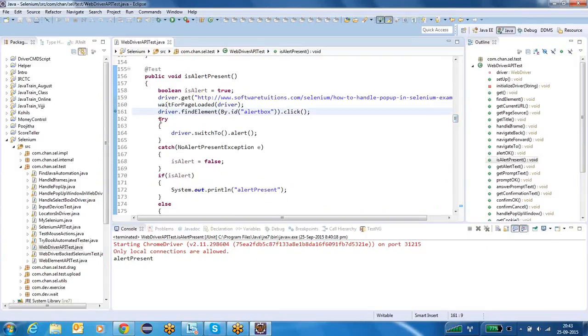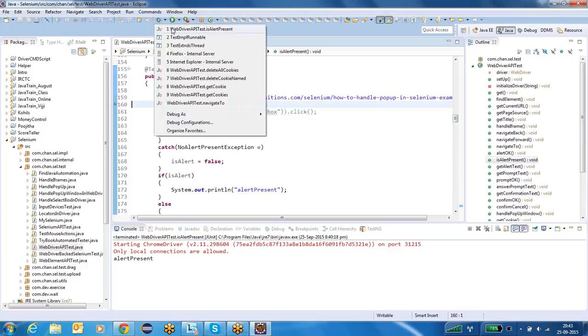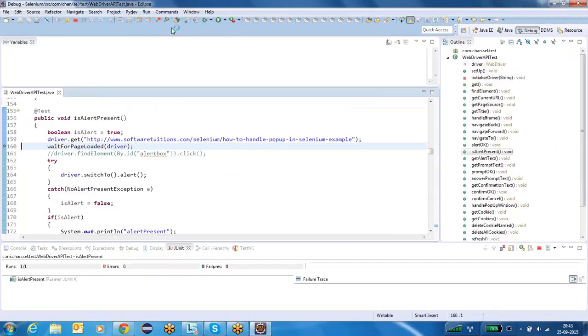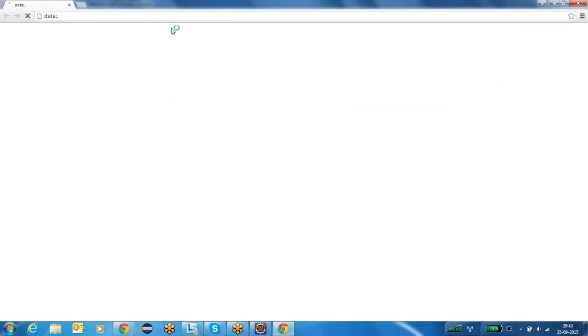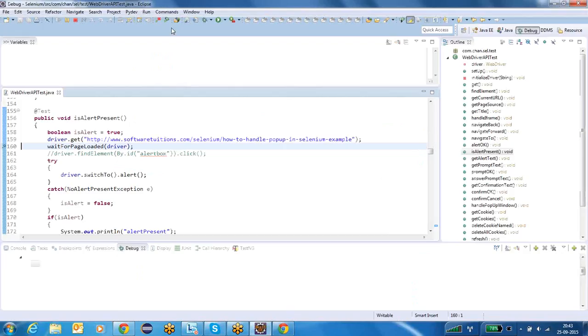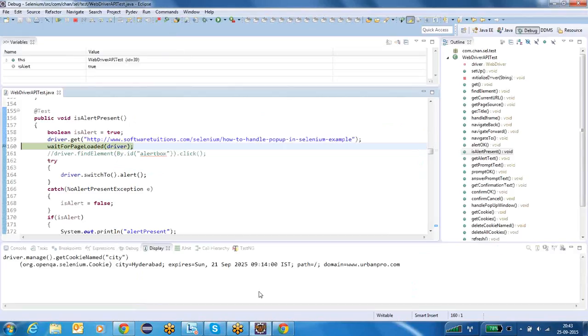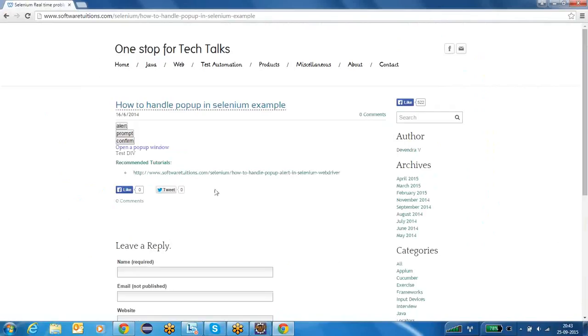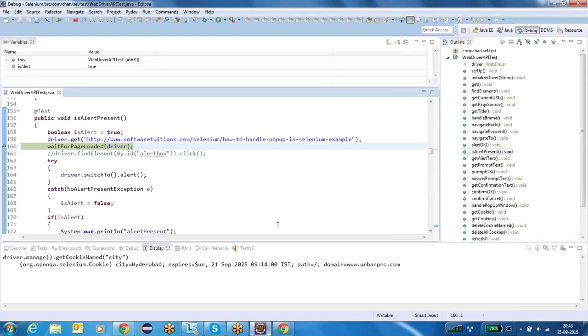Let me run the same example by commenting this line. If I comment this line, then the alert box doesn't come, right? See this, I have the page and I commented this line, so the alert box doesn't come.